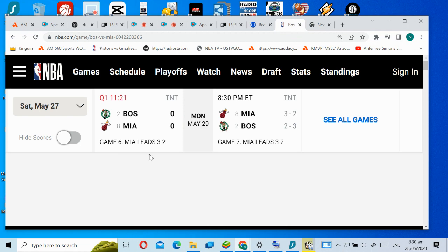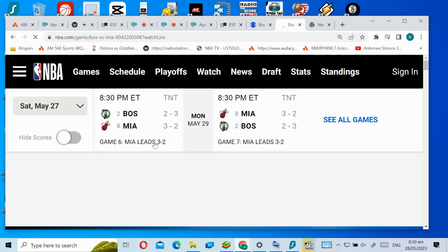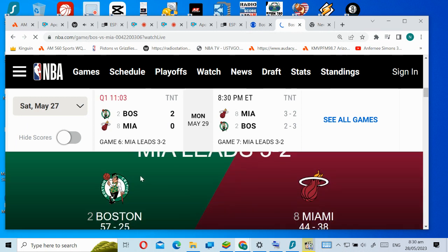Zach Zarba, the crew chief, Josh Tiven, James Williams, the other officials, and Game 6 is underway. Miami wins the opening toss. We'll see how Gabe Vincent does on that injured left ankle. He hurt it in Game 4. Vincent's got it top of the key, drives into the lane, goes for the right-hand layup, missed it, and it's